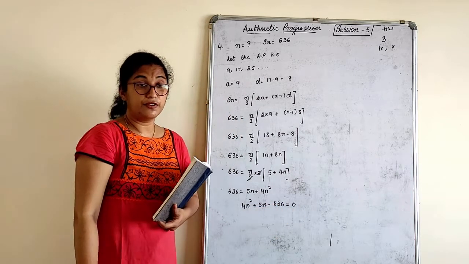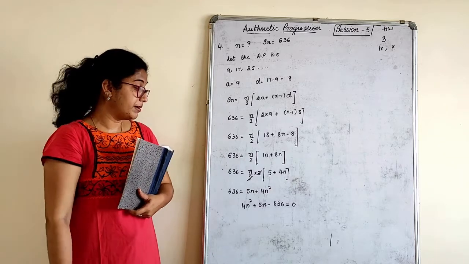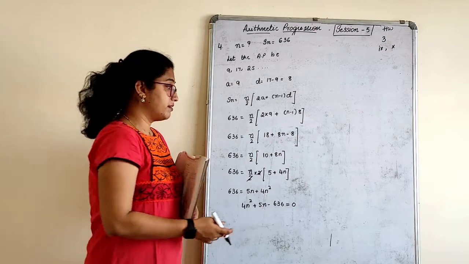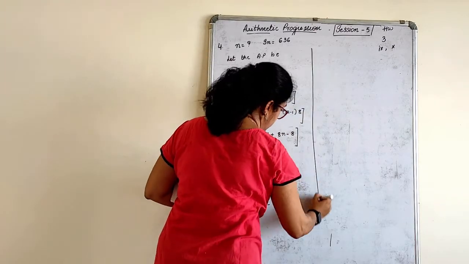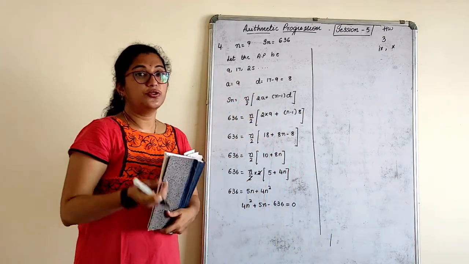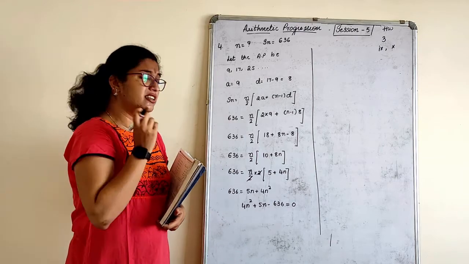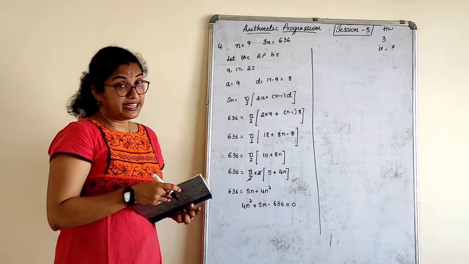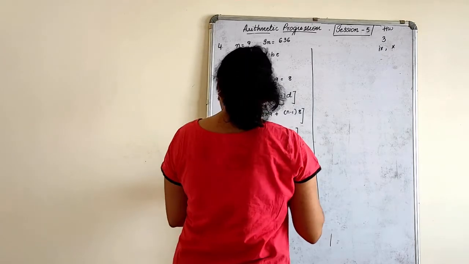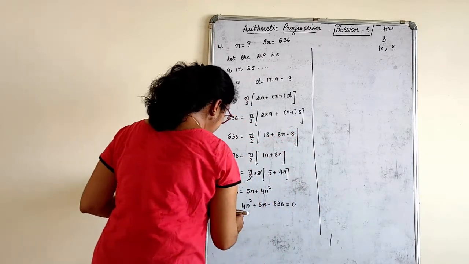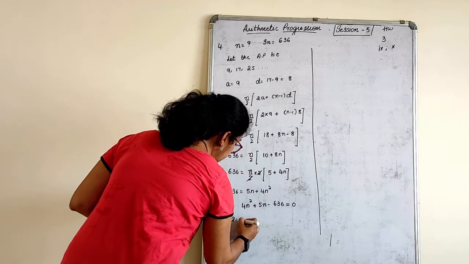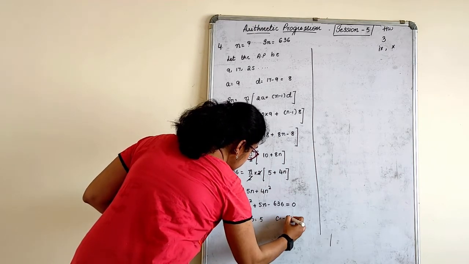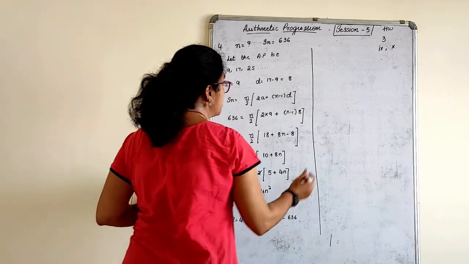Quite a big number for factorization, right? So how to do this? We will do this by the formula method. That is what yesterday I had given a choice to you. You can also do it by the formula method, provided the sum is quite complicated, where finding factors becomes a bit difficult. So let's first write down what is your a. a is 4, b is 5, c is minus 636.